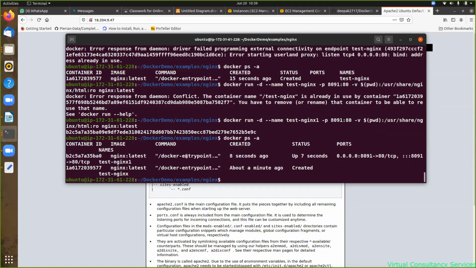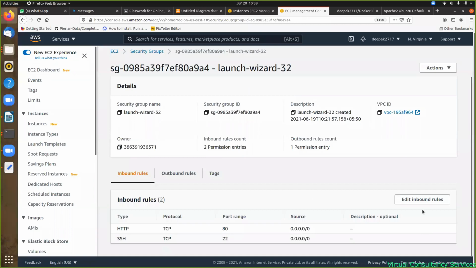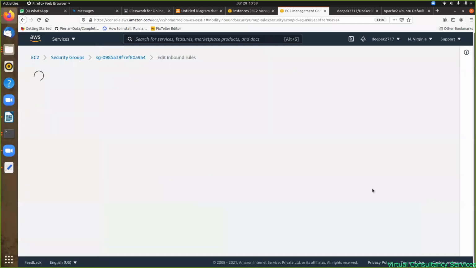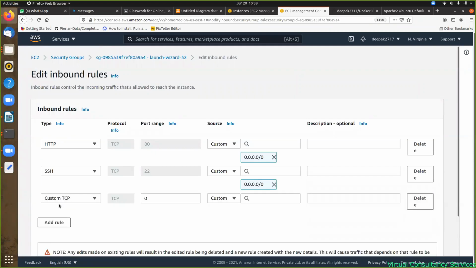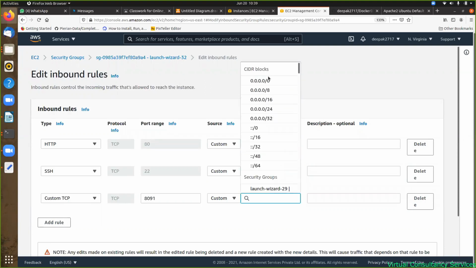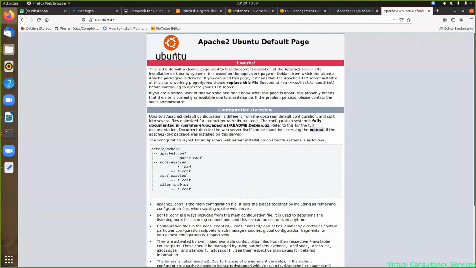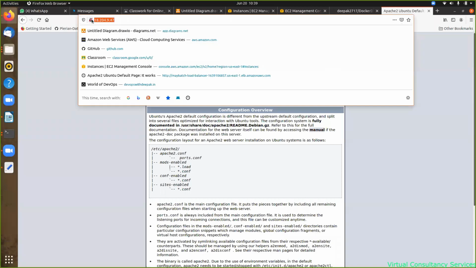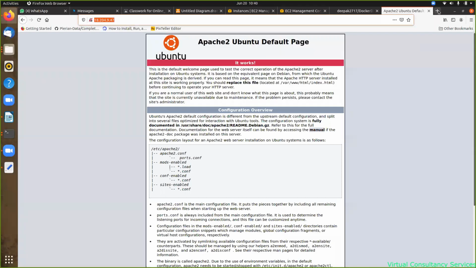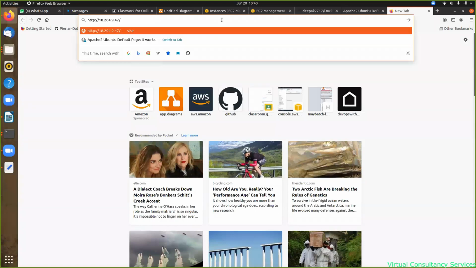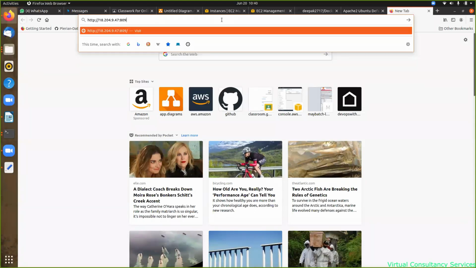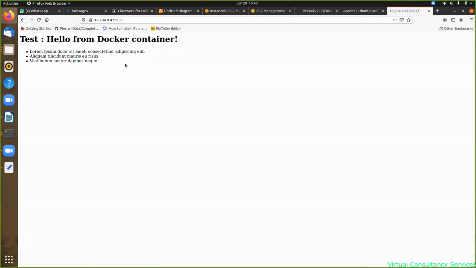ठीक है, अप स्टेट में है ना। बट अगर मैं एक्सेस करूंगा 8091 पे, एक्सेस होगा? नहीं होगा, क्योंकि पोर्ट सिक्योरिटी ग्रुप में होता है। जाके मेरे को पोर्ट ओपन करना पड़ेगा। तो मैं यहाँ सिक्योरिटी ग्रुप में गया, एडिट इनबाउंड रूल्स में गया और 8091 को ऐड किया। अभी यही आईपी उठाता हूँ मैं, और यहाँ पे 8091 पे हिट करता हूँ। तो क्या दे रहा है मुझे,